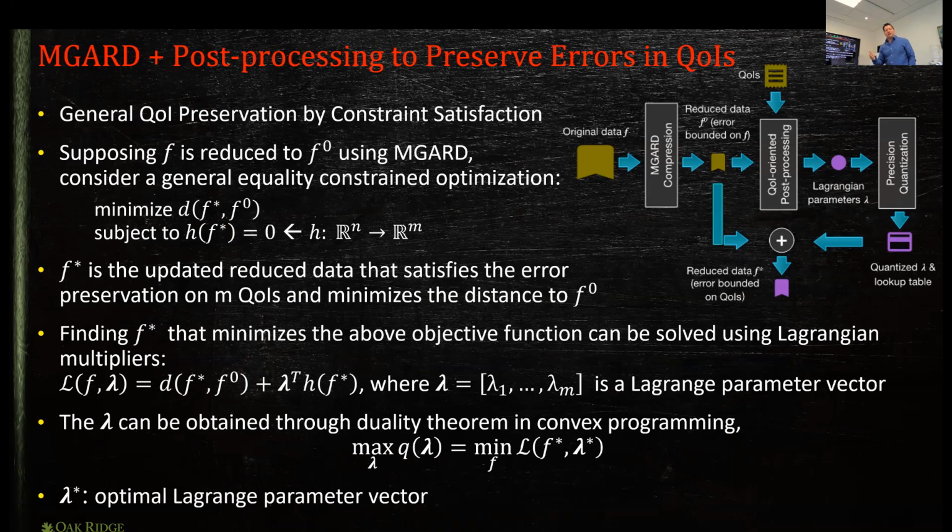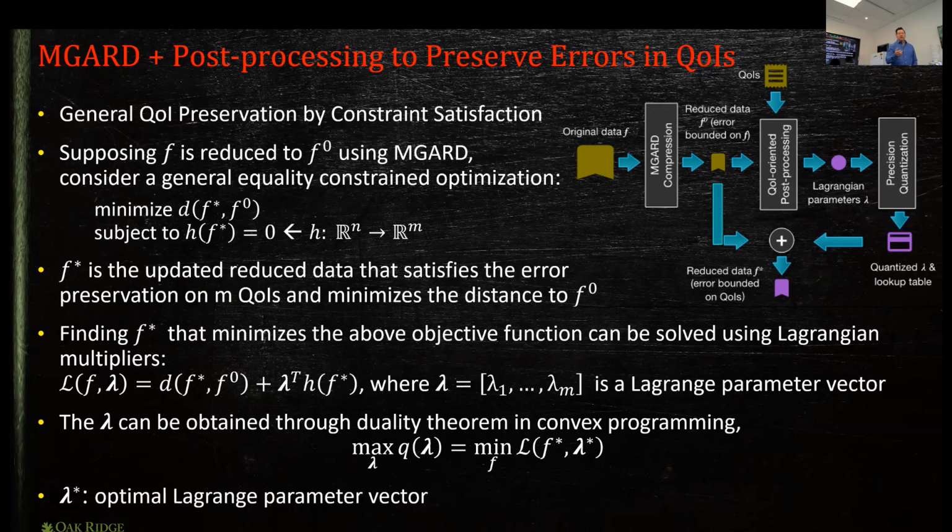How do we get floating point accuracy? By working with a machine learning expert from the University of Florida in Gainesville, Sanjay Ranker, we got this project where we said, well, could we apply techniques from machine learning and pose this whole thing as an optimization problem? So we looked at all the compressors, or their students did, and one of the properties of MGARD is that for large errors, meaning like 10 to the minus 2, 10 to the minus 3, MGARD compresses better than these other technologies of SZ and ZFP.